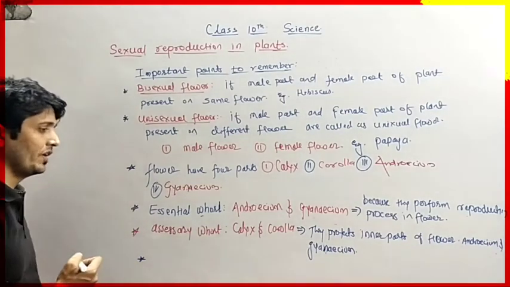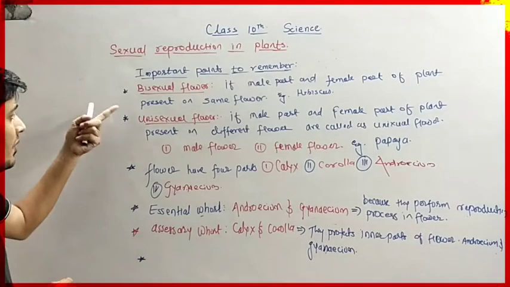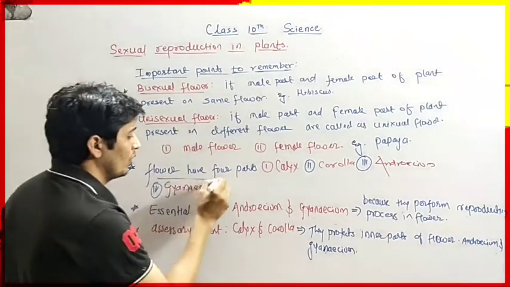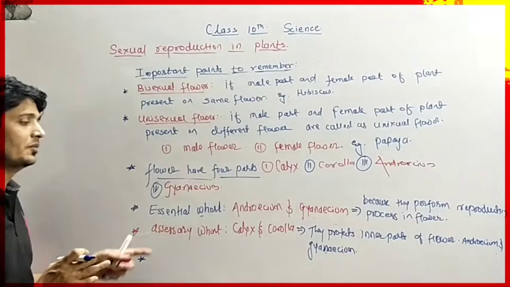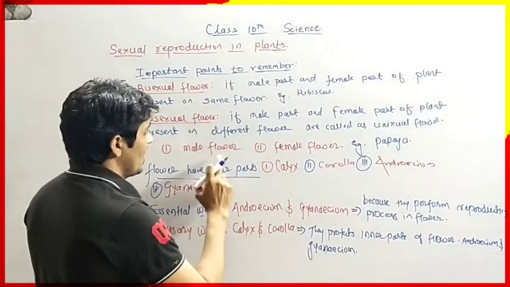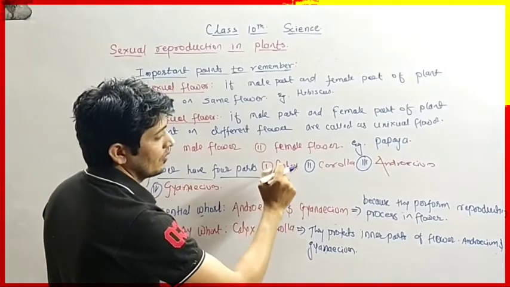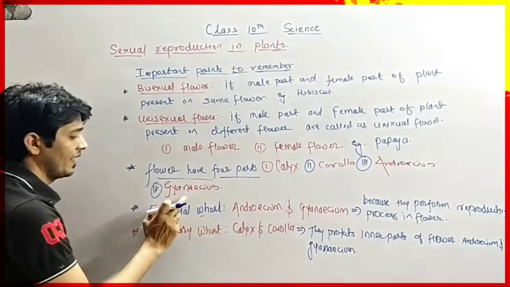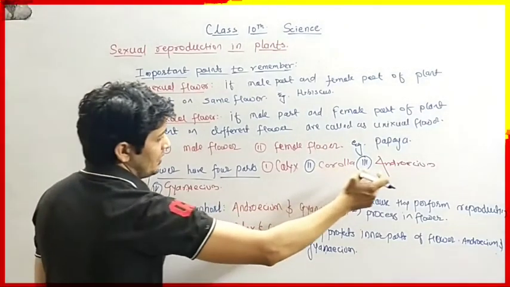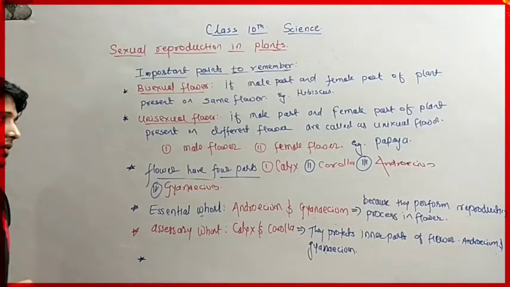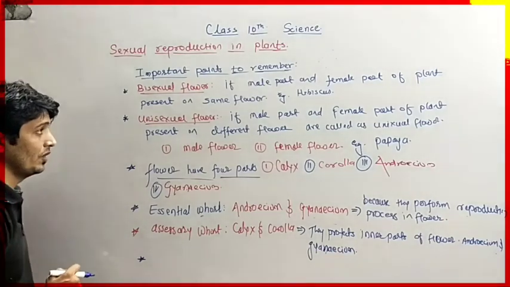The next important point is that bisexual and unisexual flowers have the 4 whorls. Whorls are nothing but parts also. Okay, the 4 parts are calyx, corolla, androecium and gynoecium, where androecium is the male part and gynoecium is the female part of the flower. Okay. Next important point is